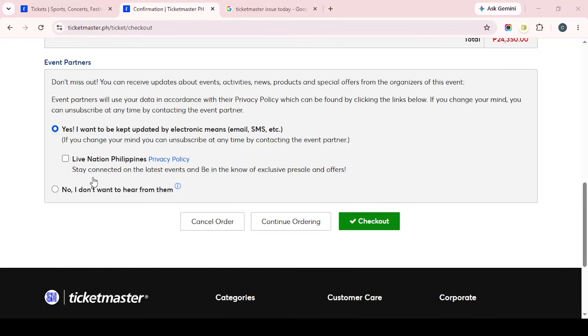In today's video, I'm going to teach you how to sell a Ticketmaster ticket on Ticketswap. If you've got a ticket you can no longer use, Ticketswap gives you a simple way to list it for sale and safely transfer it to someone else. In this walkthrough, I'll guide you through the process from getting your ticket out of Ticketmaster to publishing the listing